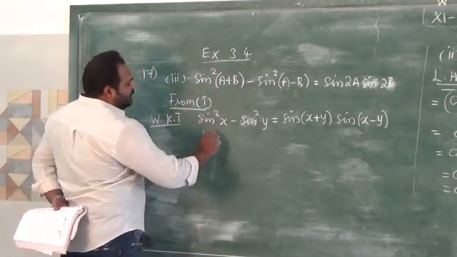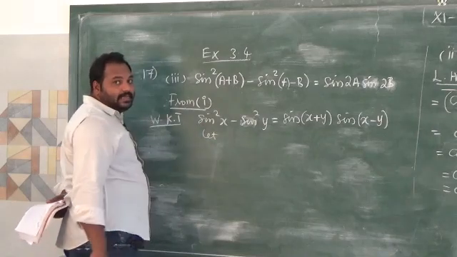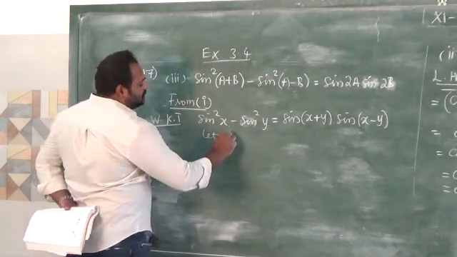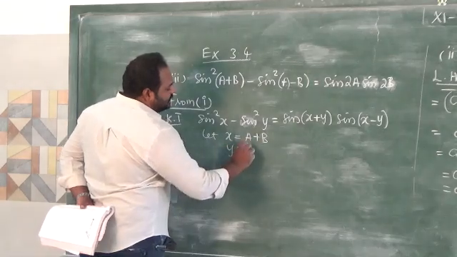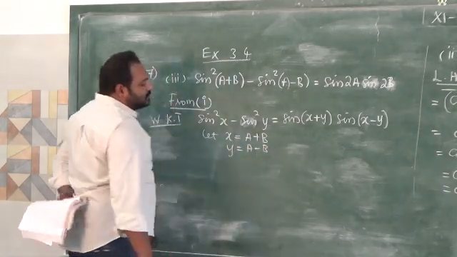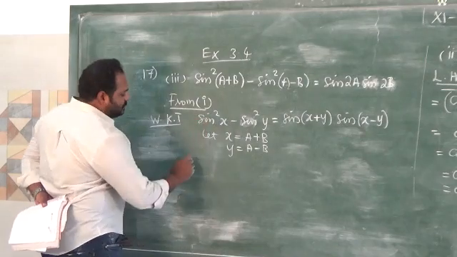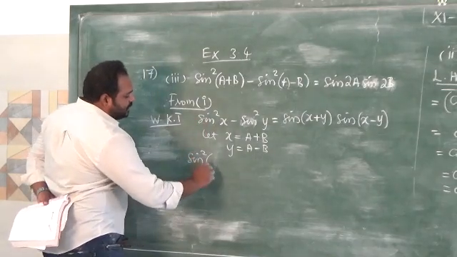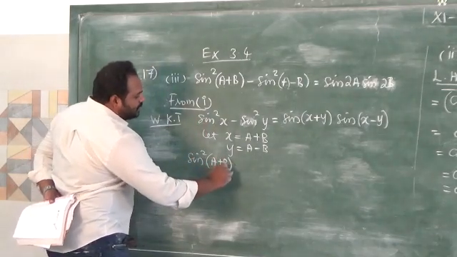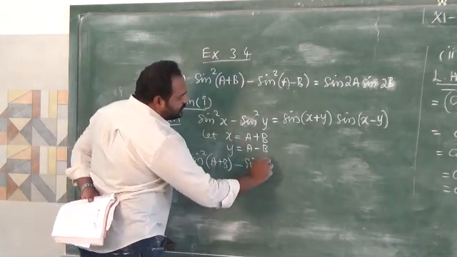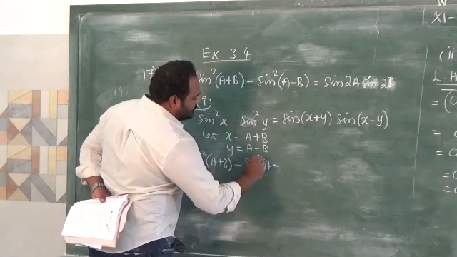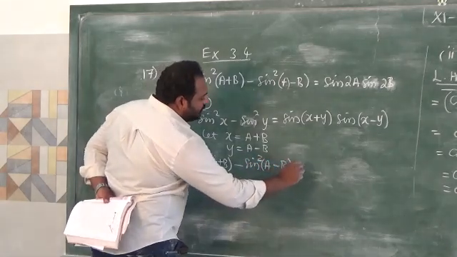Here I have the answer all in a and b, so I am going to substitute x as a plus b, y as a minus b. If you substitute the value here, what will happen? Sin square (a plus b), instead of x I am applying a plus b, minus sin square (a minus b) equal to